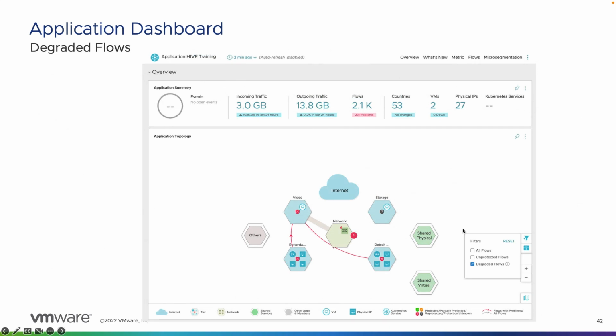Now, some of the other things that we can do over on the filters is we can filter down by looking at either all flows, unprotected flows, and degraded flows. So when it comes to degraded flows, these are flows where we're seeing a deviation of TCP round trip time based on the baseline that we do within the product. So if we start to see it deviate,